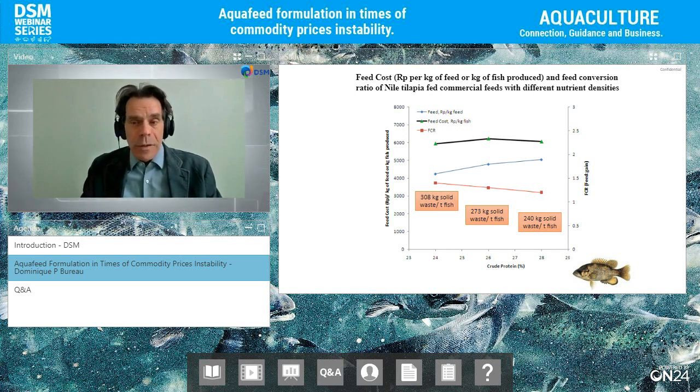So you have to factor all this. You cannot simply just look at the price of feed per kg. You have to factor in the FCR. And in some cases, you have to factor in the waste output. So there's no single solution. So in this specific case, because of the conditions, it was a very polluted environment and it didn't really matter. Well, the farmer says, I could be buying more expensive feed, but I could be buying a cheaper feed. And in this case, for them, it made more sense to buy the cheaper feed because it was less risk for them. In terms of production costs, it didn't make any difference for these farmers.